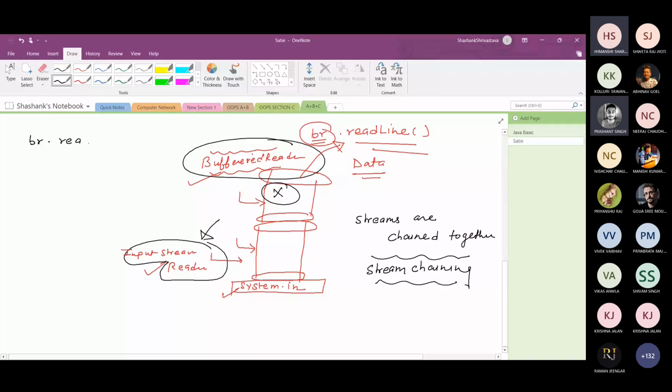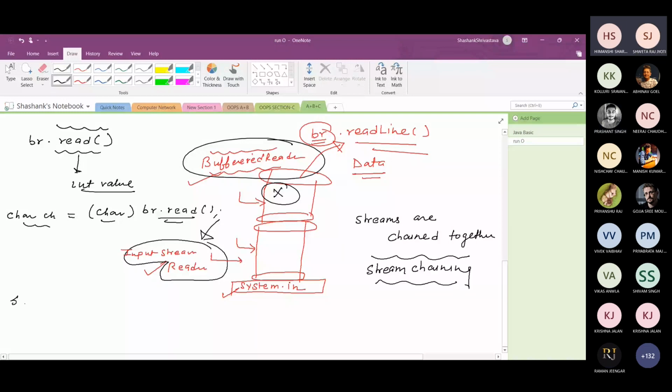This read function returns an integer value, meaning the ASCII value of the character, so you need to typecast it like this: char ch equal to (char) br.read(). br.read basically returns the ASCII value, so you just need to typecast it. In this way you can read a single character. And if you would like to read a string, String str equal to br.readLine().